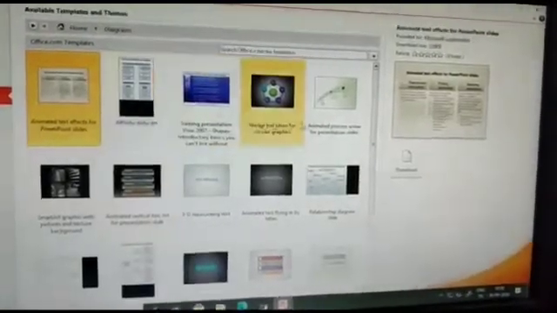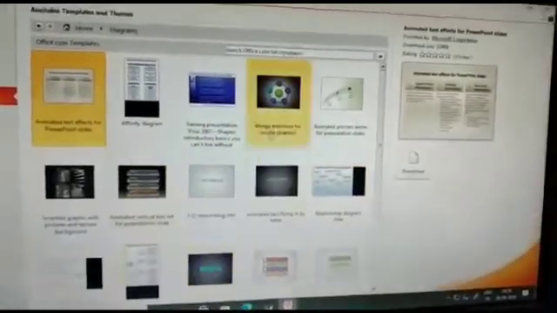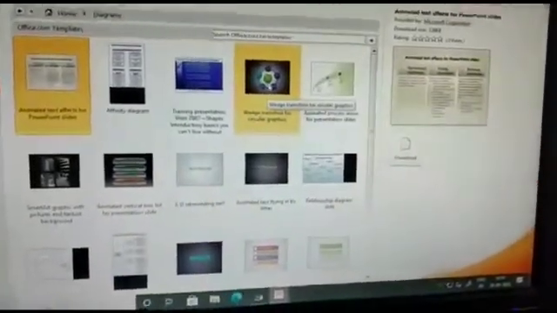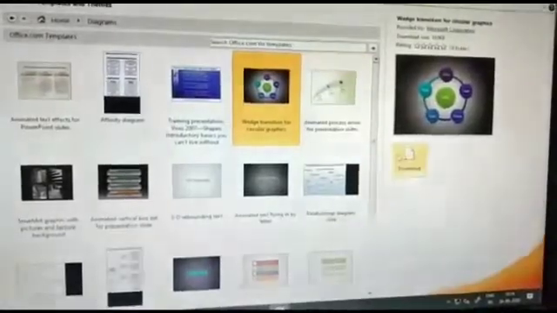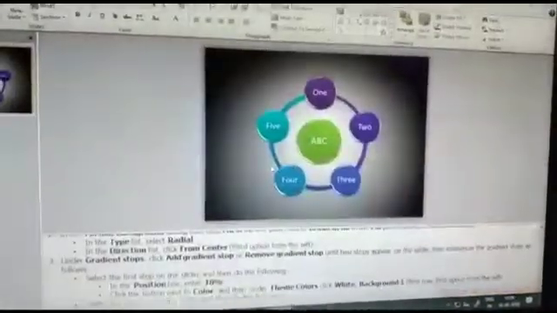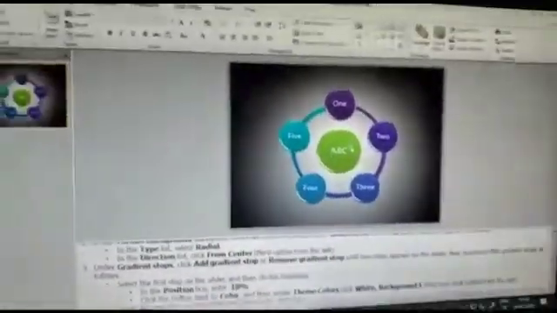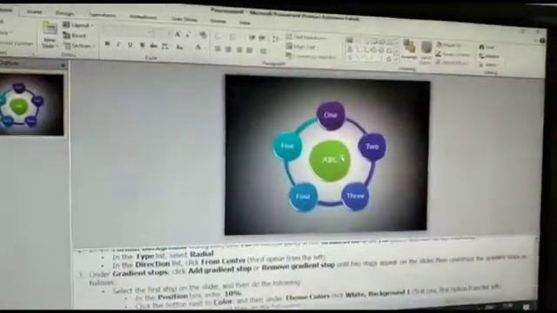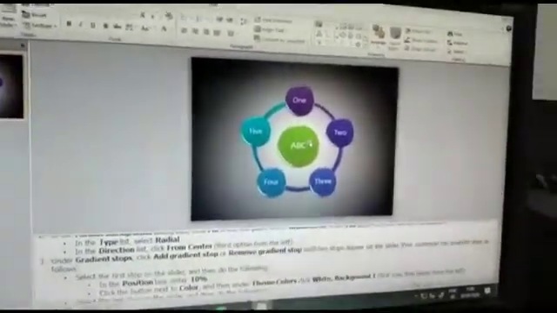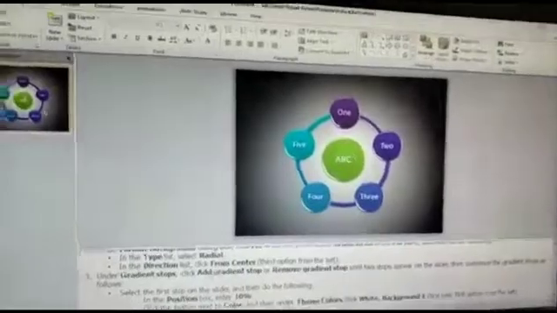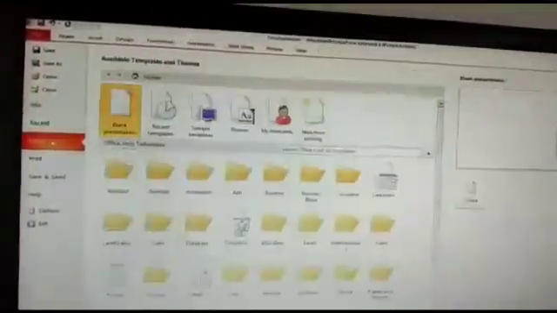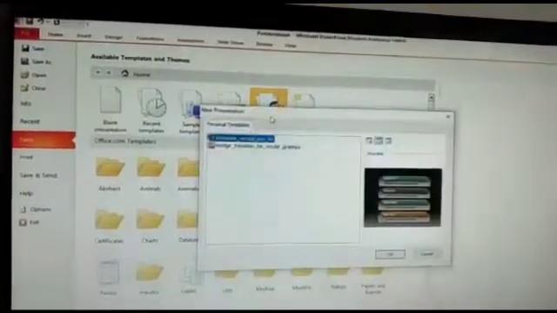Now Microsoft Office will search all the templates for diagram. Suppose you want to take this one and download. Yes, you see here, in this way you can apply the template to your Microsoft Office, or you can take another template, click on the New option, My Templates.